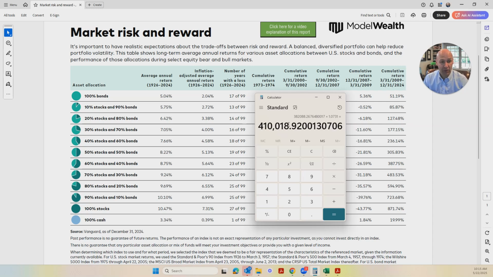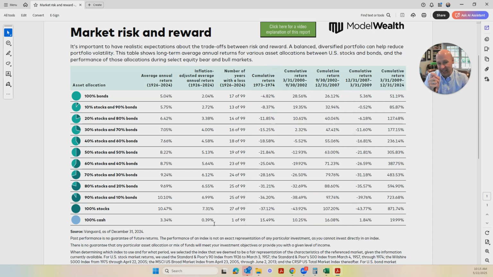Now, when you put these returns into a planning context, the more your dollars grow in purchasing power, if you're saving for retirement or saving towards a future goal like college, the more return your investments earn, the fewer contributions you have to make out of pocket, and the easier it is to save towards a goal. But the thing you have to understand is, as you climb up, if you get out of cash and you become a bond investor, you're starting to get more volatility. So roughly 1 out of every 5 calendar years, you lose value. It does not mean your portfolio necessarily loses value over time, but there is volatility.